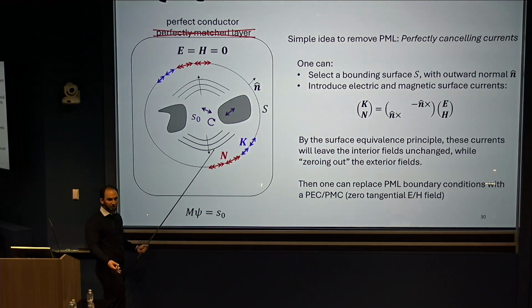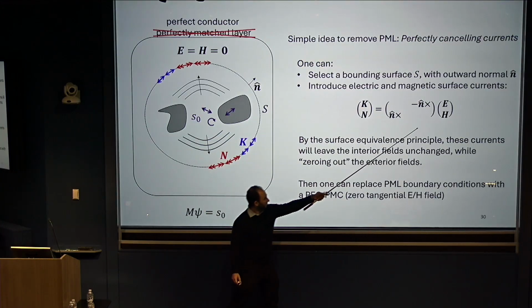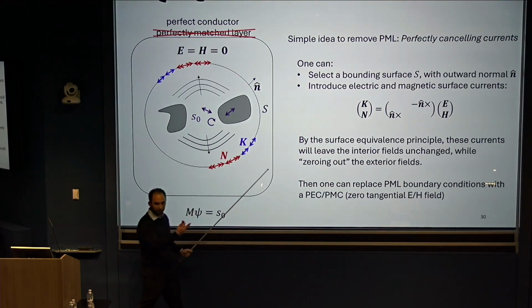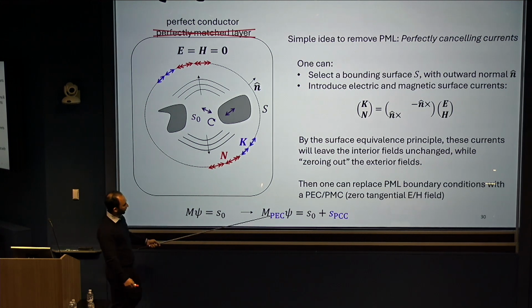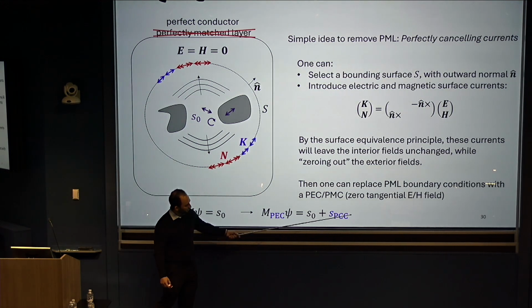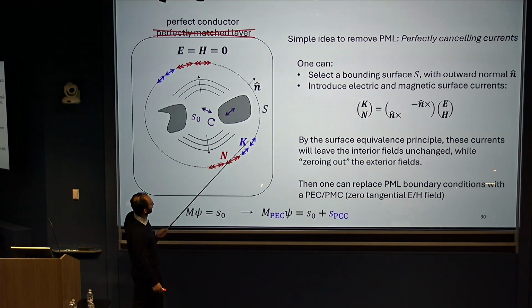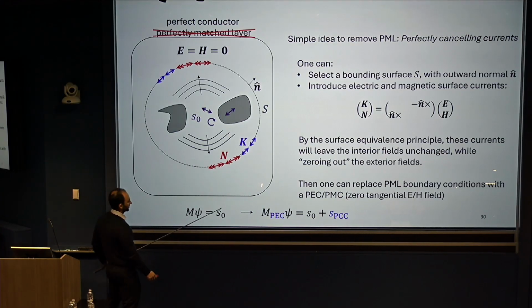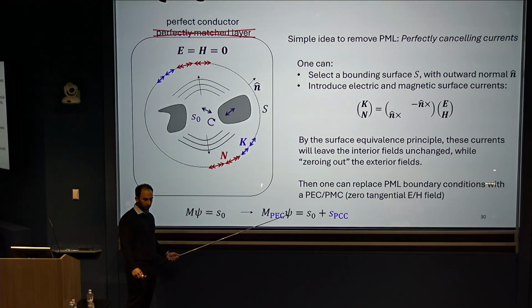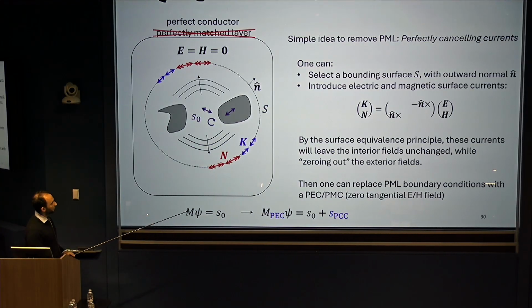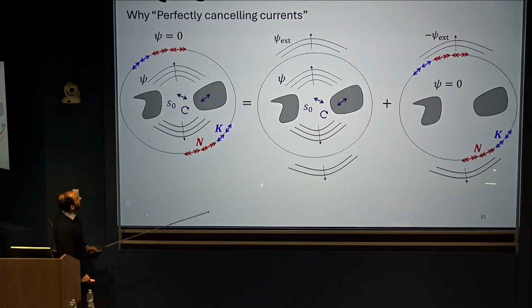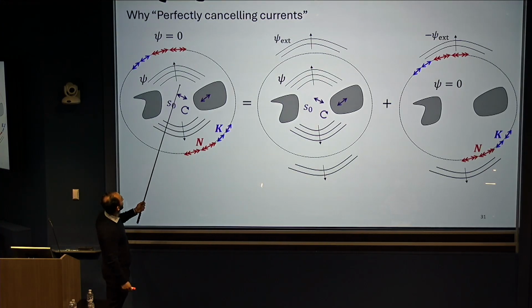This is not a useful computational principle. You need to know the fields ahead of time to figure out what these currents are. But it's a useful theoretical principle. And so the idea is you take the original problem with the original Maxwell operator that has these outgoing radiation conditions, you replace it with a perfect conductor, and you add a new source term on the right-hand side of Maxwell's equations, which are exactly these electric and magnetic sources. And so this problem is exactly equivalent to this one. But this now gives us hope, because maybe we can conjugate the perfect conducting operator. And indeed we can.